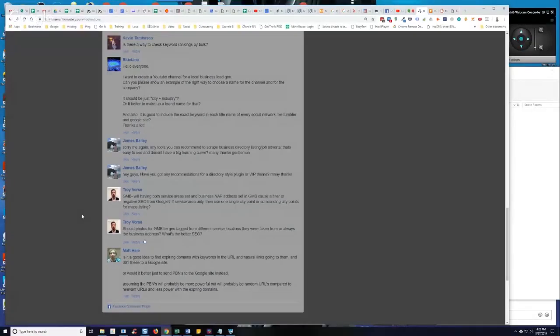Here's an example, guys. Kitchen remodeling companies are service area businesses because they go to the customer's house or location to install the kitchens. But a lot of kitchen remodeling companies will have showrooms where they have mock kitchens set up with different cabinetry and countertops, flooring options and stuff like that. So those are one of the exceptions where you can have a service area business and still show the actual